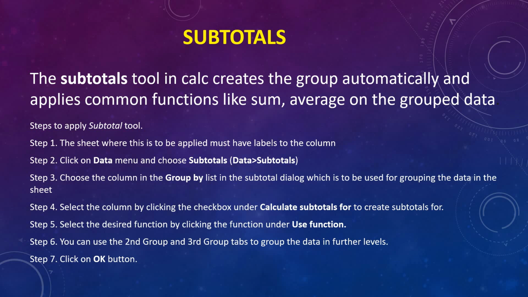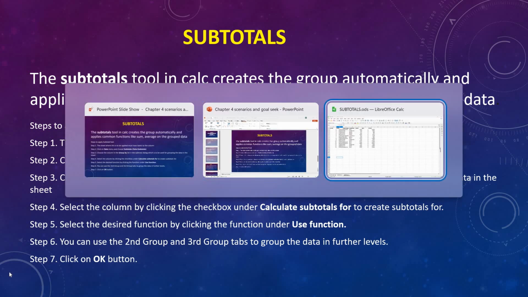In that data menu we have the option subtotals, and after clicking on subtotals the window will open where we are going to select a field. So through which field I am going to group the data, that I need to select, and then which fields I am going to use to create the subtotals. It can be rate, it can be any numerical value on which subtotals can be generated. And there are further groups. I can group it in one group and then further do the grouping. So let's see practically how we will do this in LibreOffice Calc.